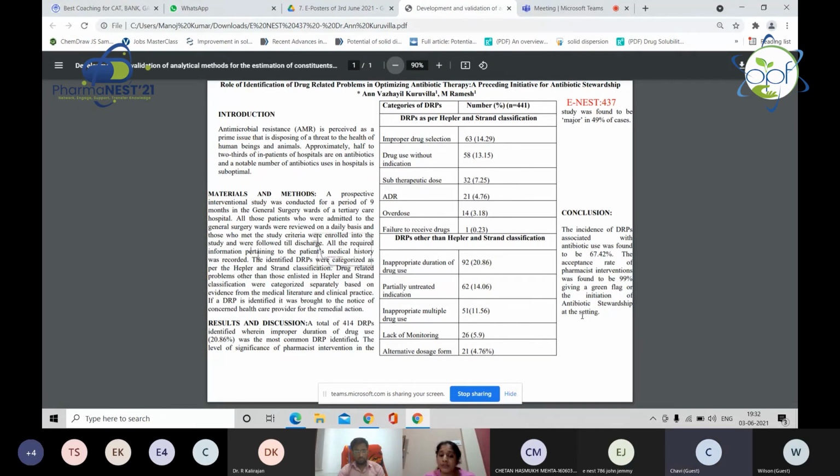And coming to the results and discussion, a total of 441 DRPs was identified, and we saw that improper duration of drug use was seen the most, which rounded off to 20.86%, and which was the common DRP identified. So why do we see prolonged use is all about when you give attention to the surgical wards,